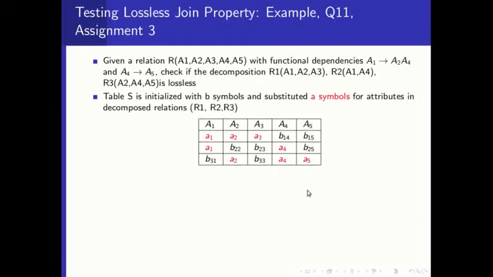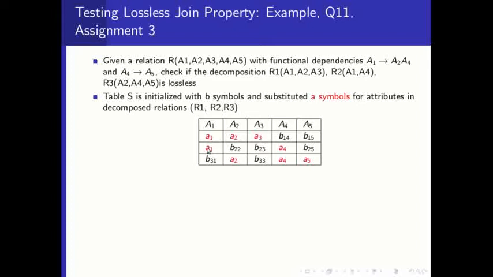Then what is to be done next? Since the FD here is A1 determines A2, A4, with the right hand side having 2 attributes, you can decompose it by applying the decomposition rule into A1 determines A2 as well as A1 determines A4. First FD, let us consider A1 determines A2. If you take the 2 rows having A1 symbols, this B22 also should be replaced with A2. And A1 determines A4 means, similarly, the rows with A1 should have the same A4.